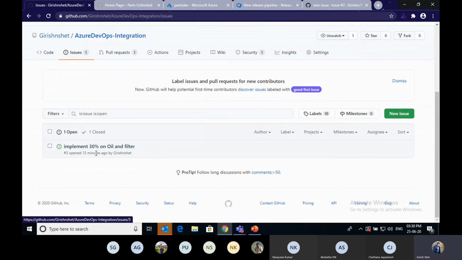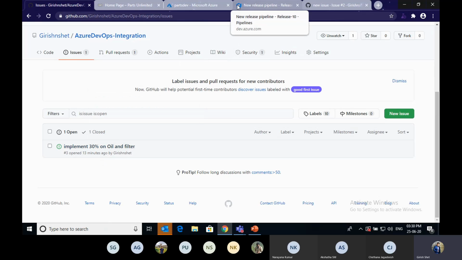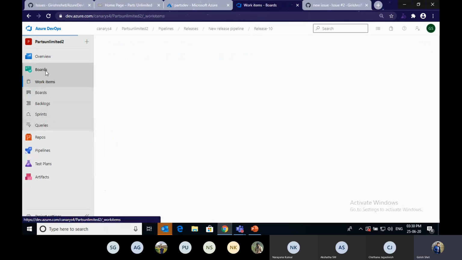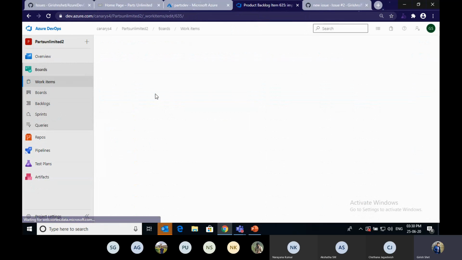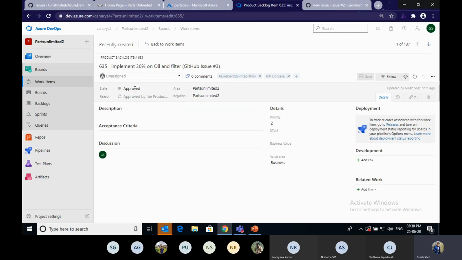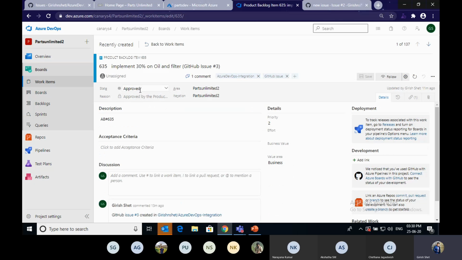Now I'm going to close the issue here. You can see now this work item is in approved state.